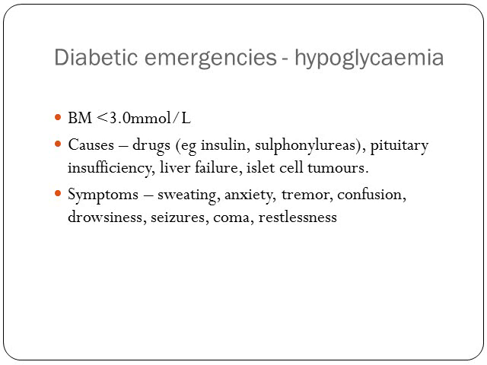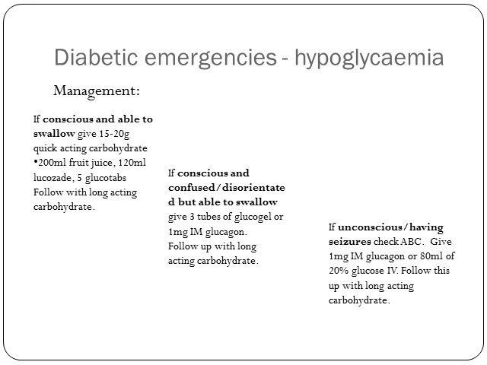So A, B, C, D, E, obviously your normal assessment for anyone unresponsive, but also think about whether they have a low BM. So management: if the person is conscious and awake but with a low BM of under 3, but otherwise they're okay and able to swallow, then you should give them 15 to 20 grams of quick-acting carbohydrate, something like fruit juice or Lucozade, or you can get glucotabs on the ward. On every ward there'll be a BM box with a hypoglycaemia emergency section,